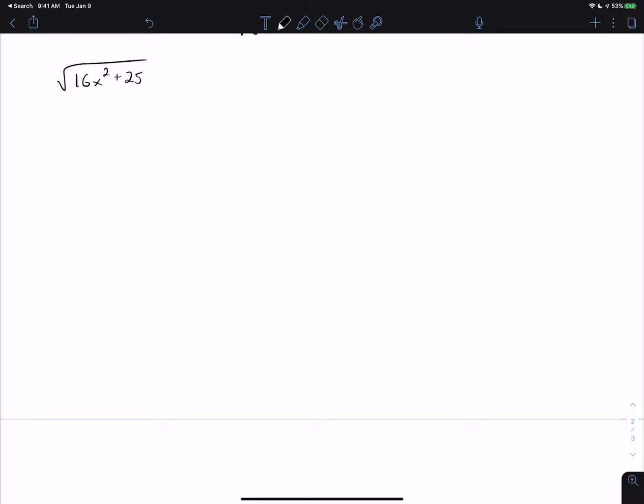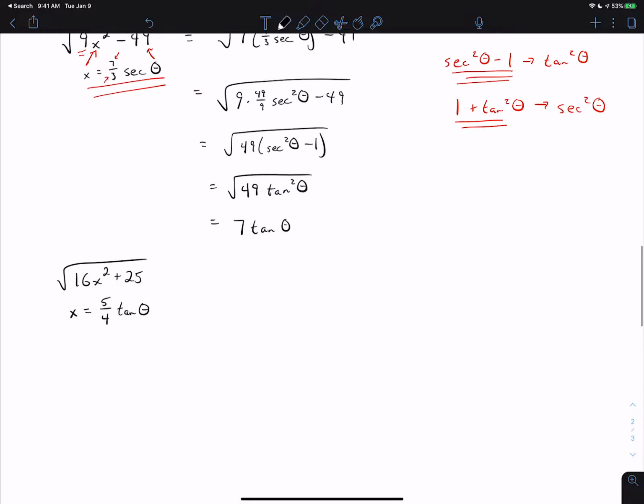Okay, so on this problem, you should pick 5 over 4. So the coefficient, we pick that way because the 4 will cancel the 16. The 5 will get me a 25. And then I'm going to end up with a trig function squared plus 1. So I want to do tangent theta because I want to use this form where I have a trig function